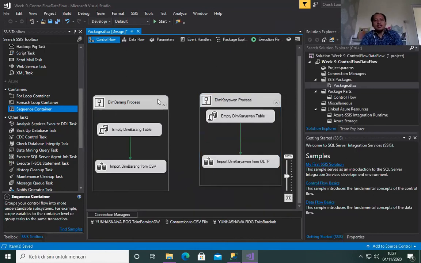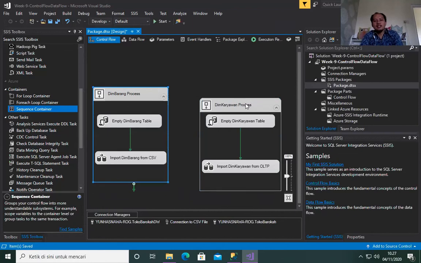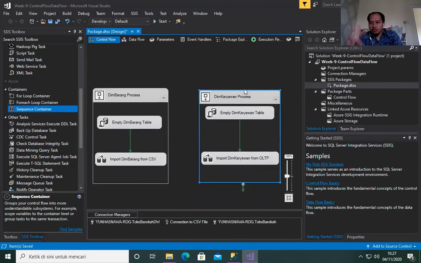Okay, so right now we have 4 tasks grouped into 2 containers. The first one is the dim barang process container, and the second one is the dim karyawan process container.